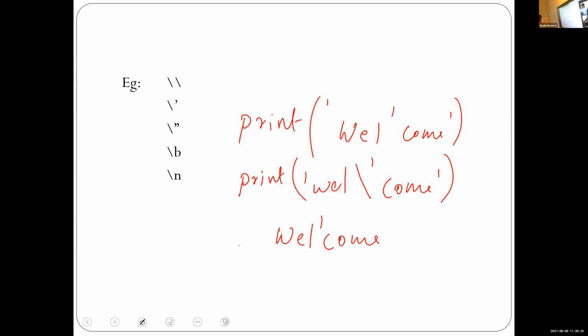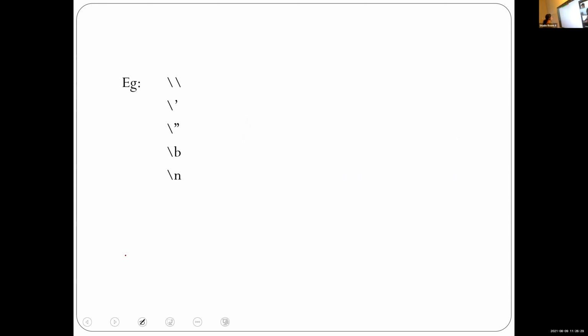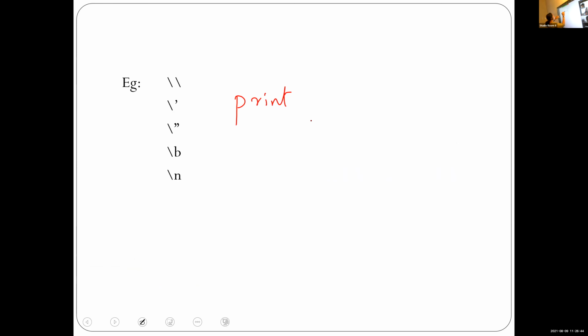Then I will give another statement. If I want to input a slash in the print statement, first use one slash, then use another slash. There are many escape sequences; I will just introduce some of them. I want to insert a slash here.